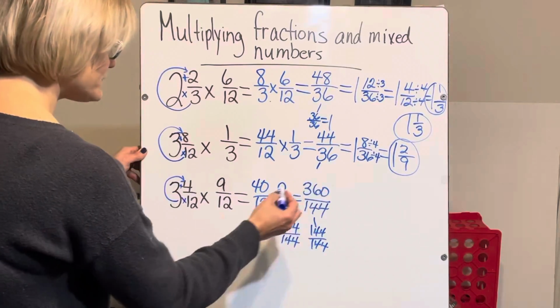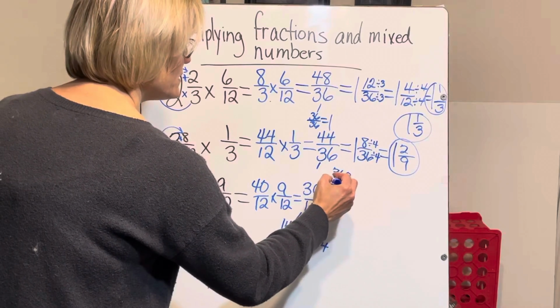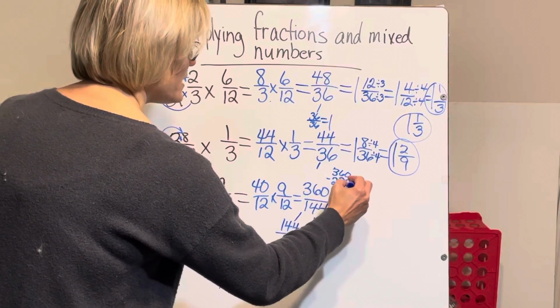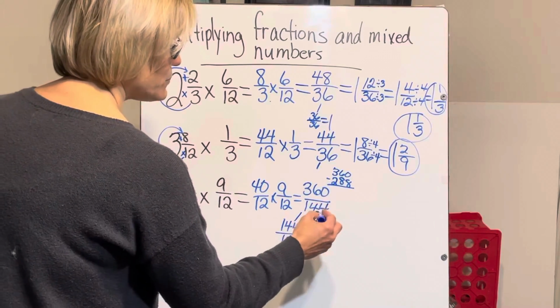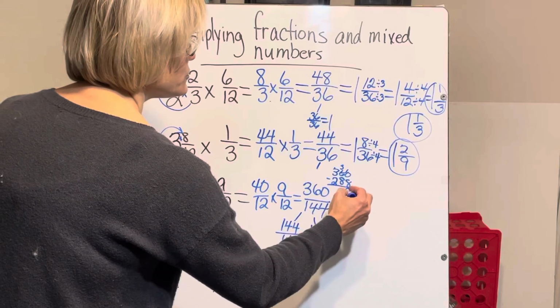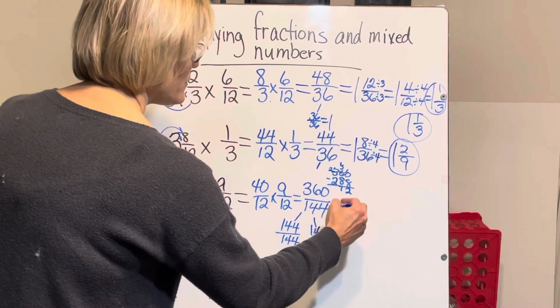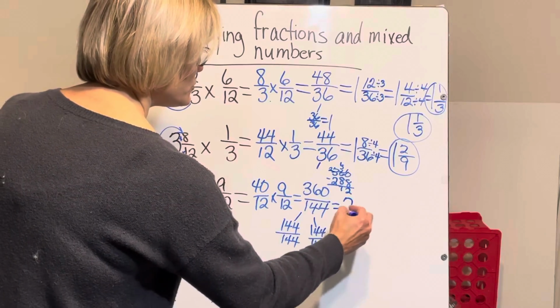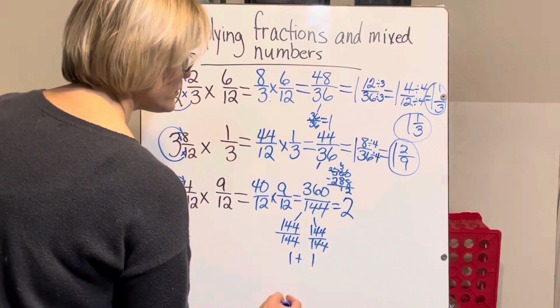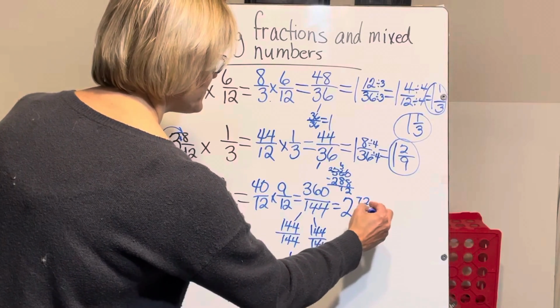So then if I subtract 360 minus 288, then that will give me what I have left over. So I've got 5, there's 2, that's 72. So now I have 2, because here's one whole, here's another whole. So I've got 2 whole and 72 over